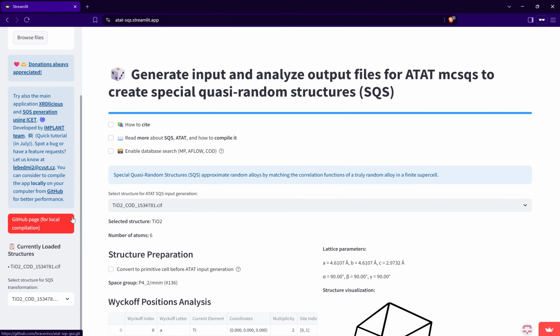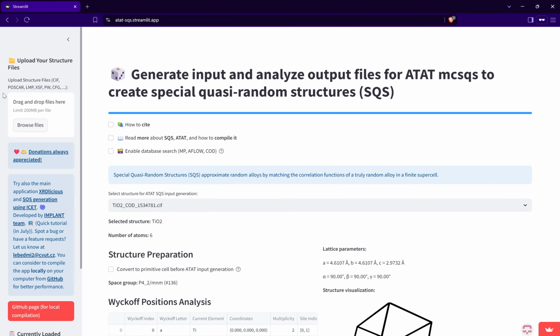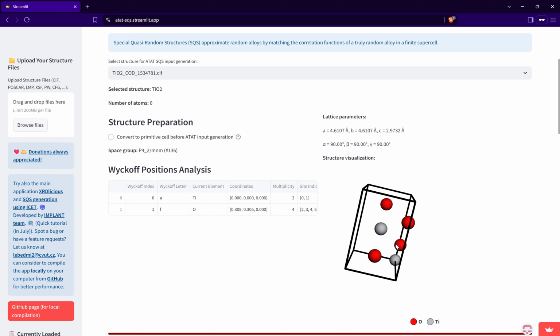So this is one option, and the other option is to directly put in your crystal structure file, which can be in CIF, POSCAR, LMP, or XYZ with cell information. Okay, so now I will use this,